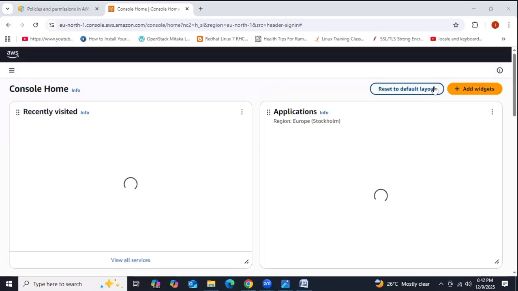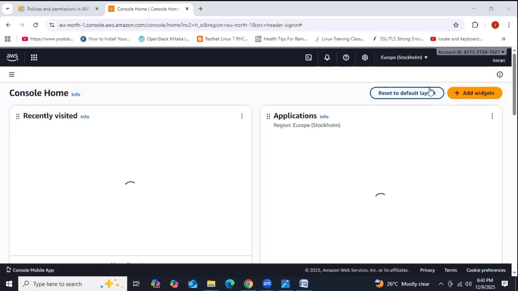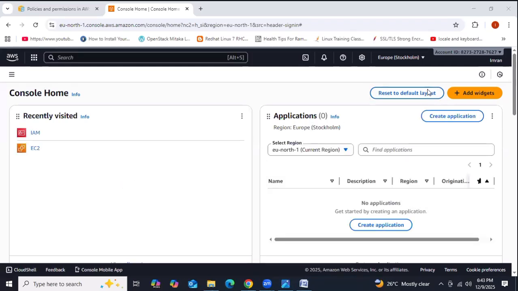How many of you did yesterday's lab task? How many of you? Only 2 people. Only 3 people. 4, 5. One by one, you are raising your hands. Okay. I'm going to navigate to IAM. Very good, ma. Super. Super. You should do the practice, then only you are going to understand.